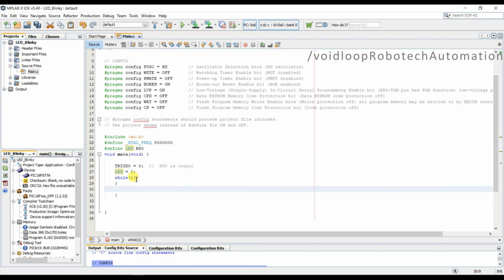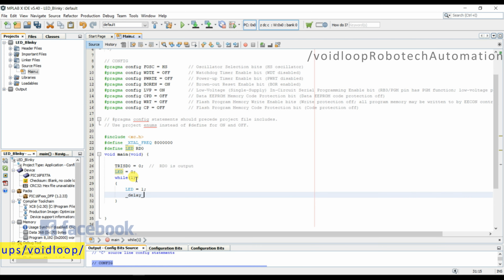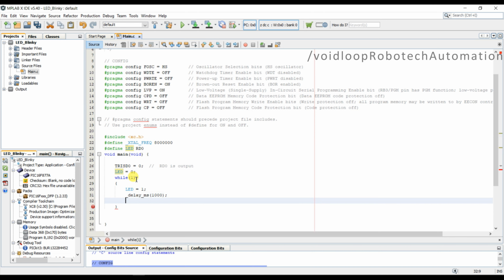Okay, and here I will turn on the LED, LED equal to 1, and here I will take delay ms. I will take 1 second, and again LED equal to 0, and I will use delay again.